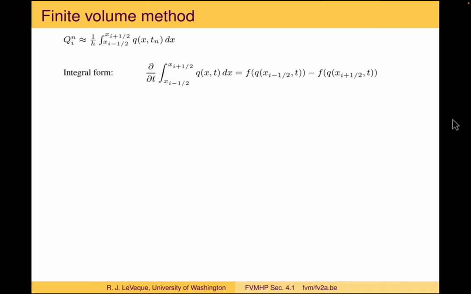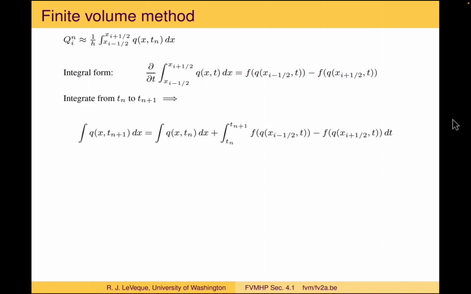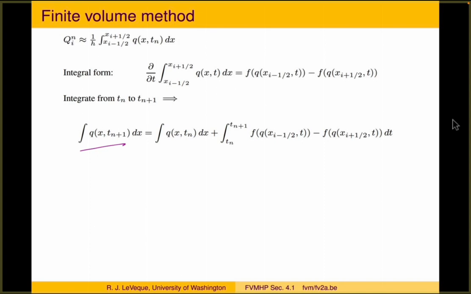So the idea, again, in the finite volume method is that we would integrate over a grid cell, look at the integral form of the conservation law, but now also integrate in time from time t_n to t_{n+1}. So I've just taken the top equation, integrated in time, so that says that, well, this isn't exactly the cell average. We have to divide by delta x, but it says that the integral of q at time t_{n+1} over a grid cell is equal to the integral at the previous time step